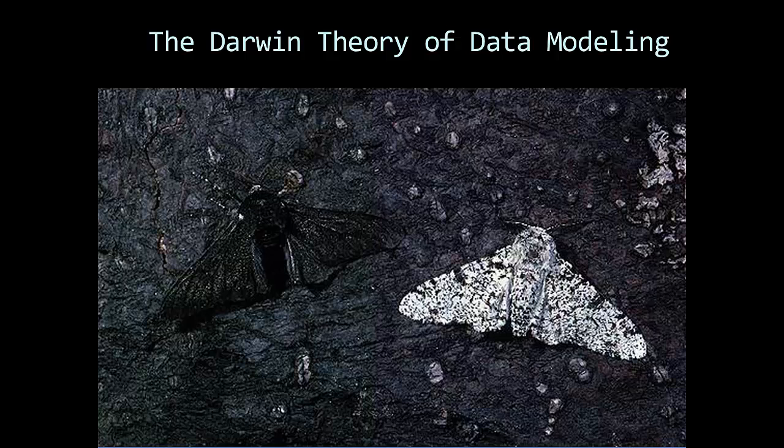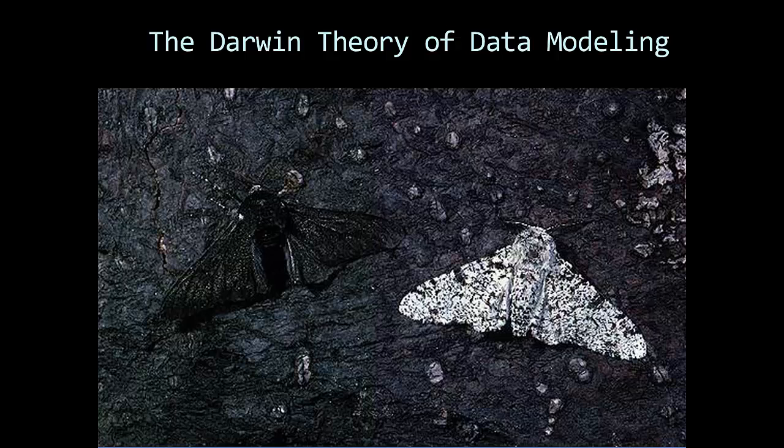For example, the peppered moth you see here. In Industrial Revolution England, there was a lot of pollution in the air. There are two types of peppered moth, a lighter one and a darker one. The trees became all covered with soot from pollution, and so the darker colored moth was able to camouflage themselves and avoid predators. The lighter colored moth, on the other hand, got gobbled up. And as generations of moths were produced during this time, moths became darker and darker and darker and were able to adapt to their surroundings, and the light-colored moth became extremely rare.